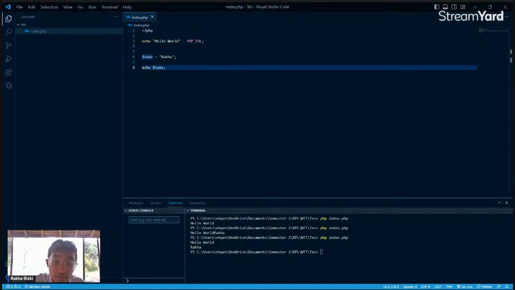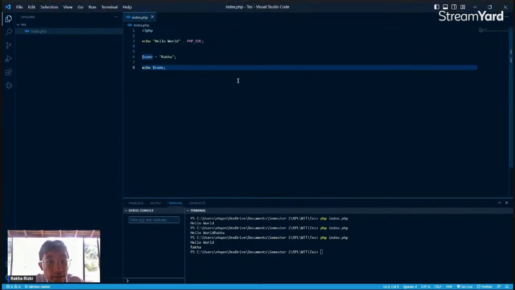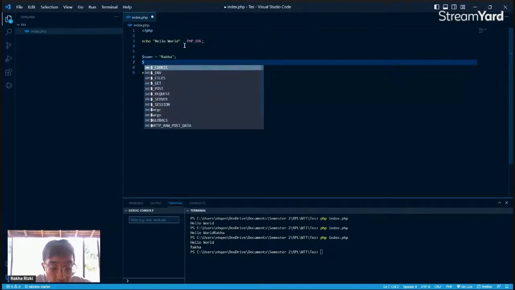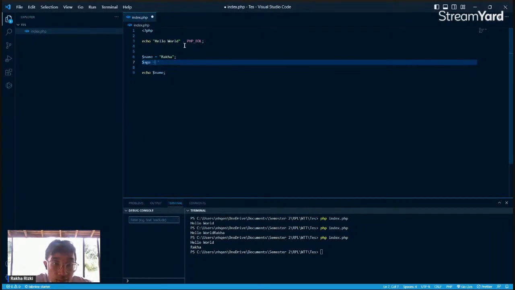Okay, and then data null. Oh yeah, and this variable we can use not only for string, we can use it for numbers, like 15.